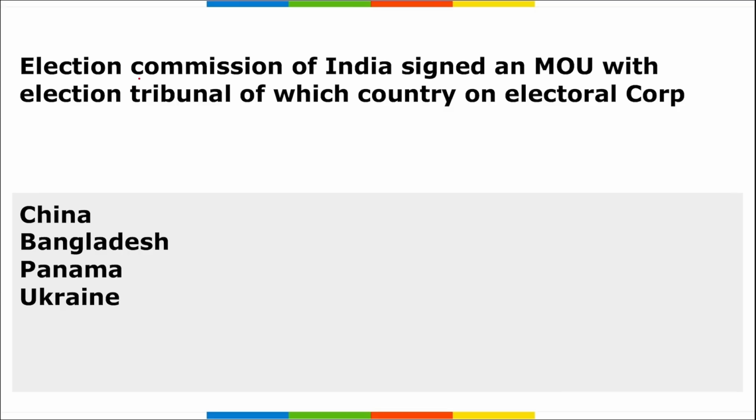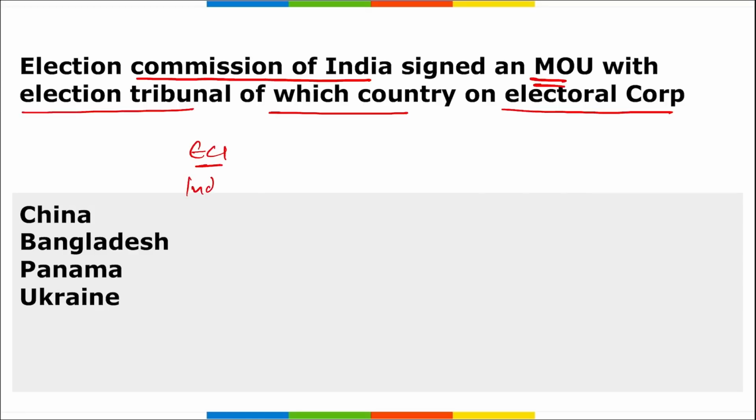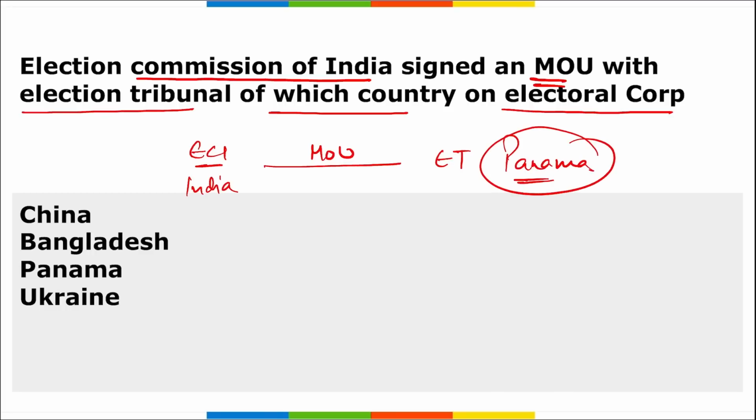Next, the Election Commission of India signed an MOU with the Election Tribunal of which country on electoral cooperation? So remember, the Election Commission of India, this is from India. They signed a memorandum of understanding with the Electoral Tribunal of Panama, right? If you remember, the Panama Papers were leaked, which told about corruption going on all around the world. So from there you need to remember the country Panama. It is the Election Commission of India. They signed an MOU with